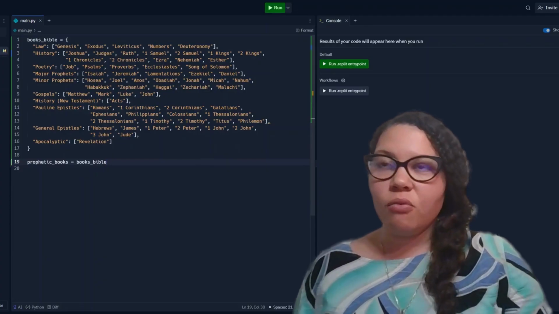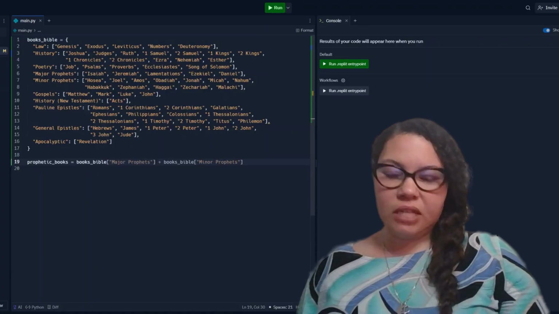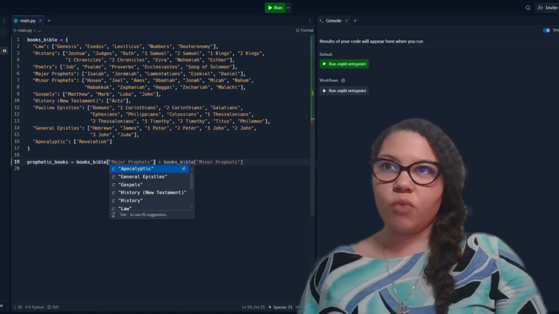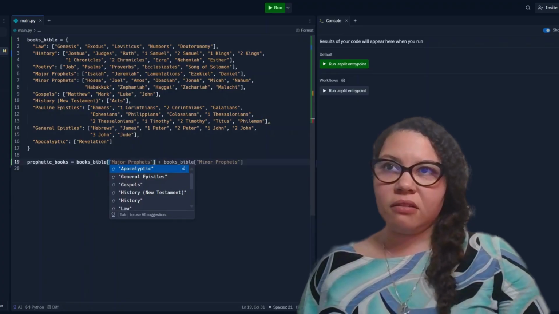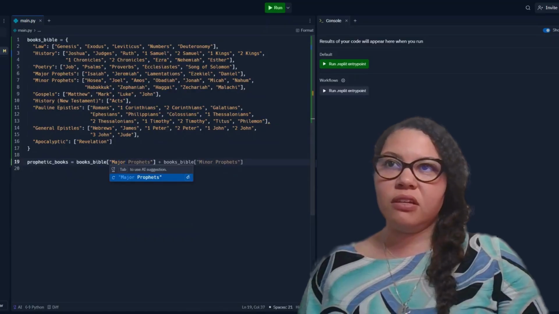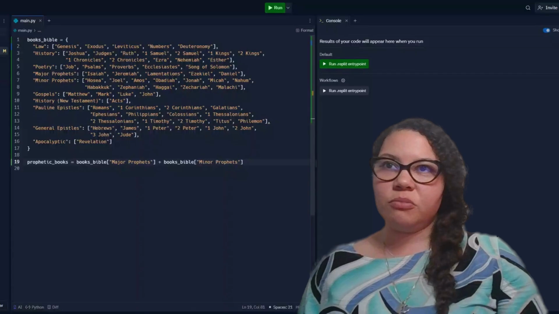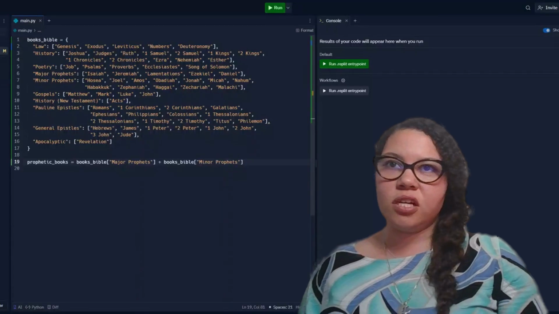So here we go. We've got our books of the Bible, and first things first, we need, not curly, we need our square brackets. Great. And it looks like it already knows where I'm going with this, so that's good. So we're going to go ahead, type out major prophets, minor prophets. Good job. Okay. Plus,